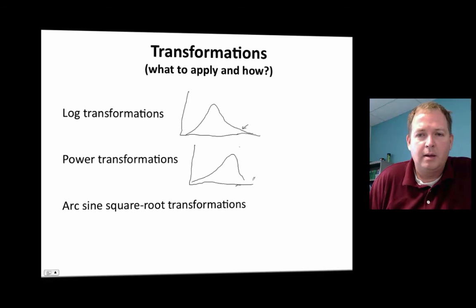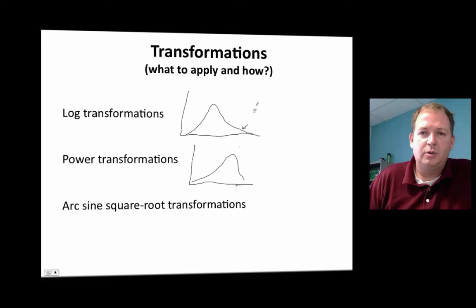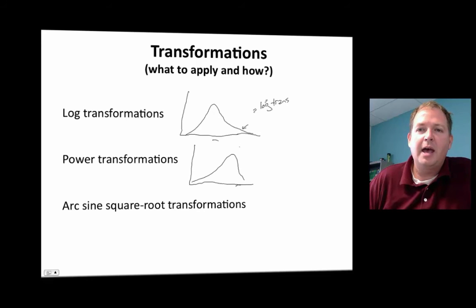Okay, that's less common, but it does happen. Quite often what we do with this first type of data, when we see a distribution that looks like this, is a log transformation, where we take the raw data, the individual observations, the individual values of our measured value, whatever the parameters we're estimating for our population, and we take the log of the individual